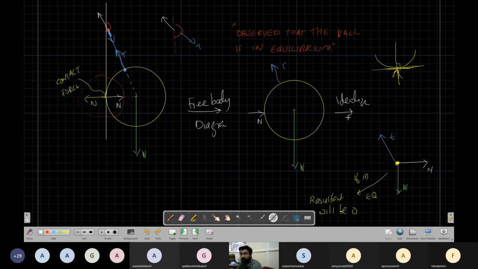So this force I have put here, this force I have put here, and weight I have put here. In equilibrium, they will add to zero. The resultant of these three forces will be zero. If it is not in equilibrium, you will get some resultant. So if you want to see for this diagram, what I will do is